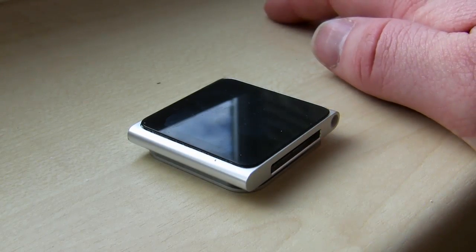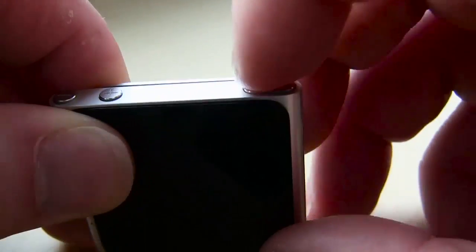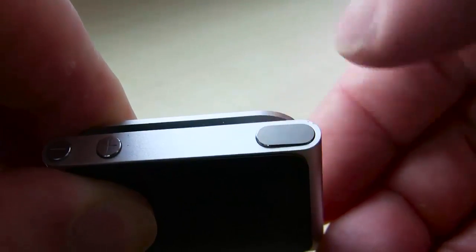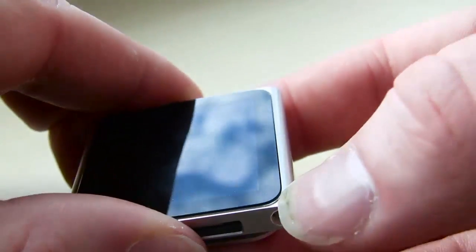Fixing the iPod Nano. Now, this little guy can be a bit of a pain if you're not really sure what you're doing, and the tools that you might need might surprise you. So here I am actually just trying to fix it for the first time ever. I never knew what the heck I was doing, and I'm looking at it going, all right,